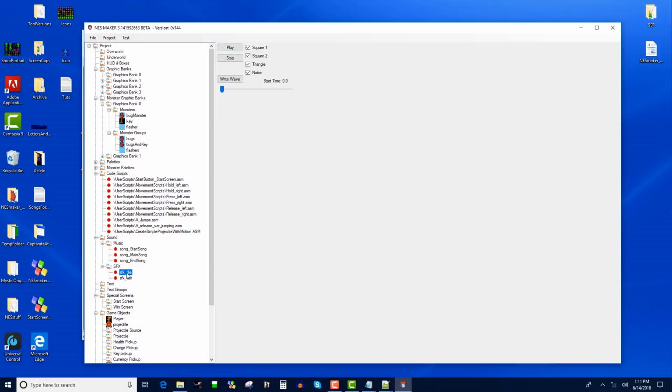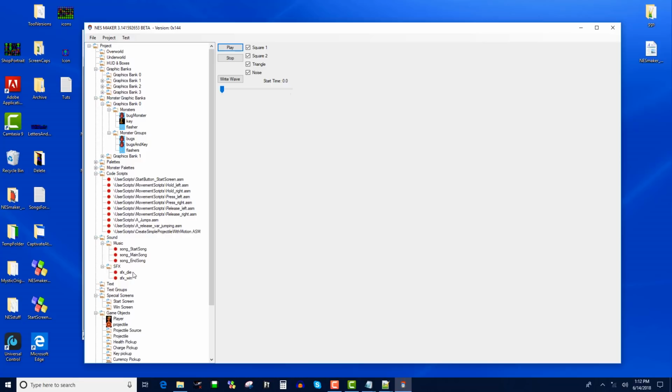Now, the sound effects now work, but the tool does not play them very well. But I still should be able to hear what they sound like, kind of get an idea. It's actually playing them at the wrong speed, and it's playing them out of pitch for the noise channel, and it's not observing any pitch change. They sound a little bit weird, but I've got a death sound effect, I've got a wind sound effect, and all I'm going to do is use these to show you how you can play a sound effect. I'm not going to go through and put sound effects everywhere there should be, but let's add some music